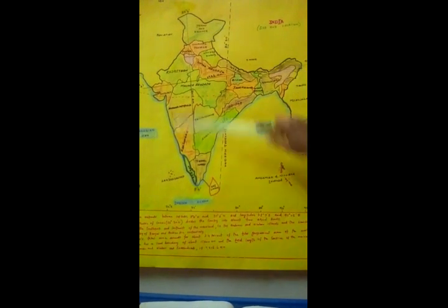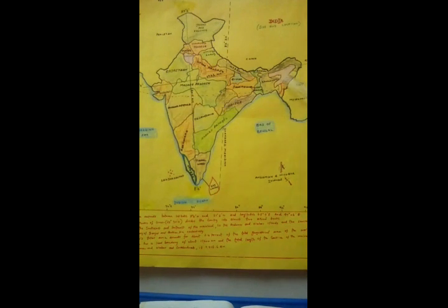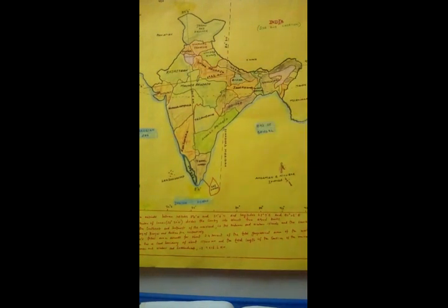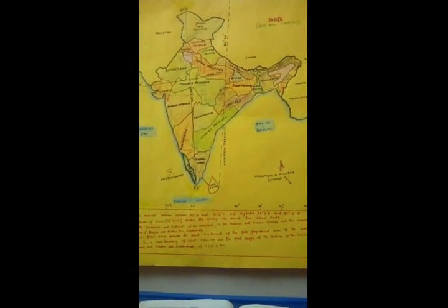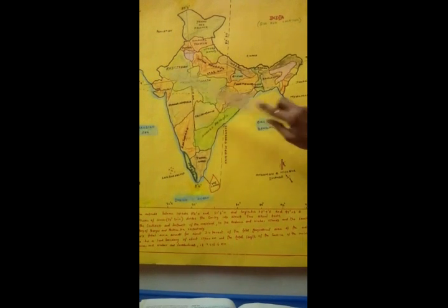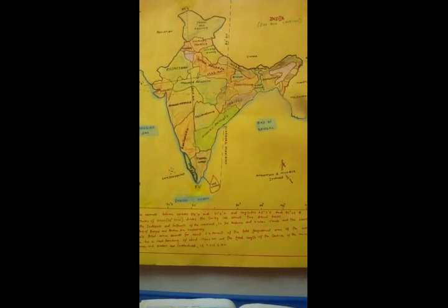So next, if you look at the India map, you can clearly see that the east-west portion appears to be smaller than the north-south extension. The reason behind this is that all the longitudes are equal, but they converge towards the poles. So as we move from the equator up to the poles, the gap between the two longitudes goes on decreasing. So that is why the east-west portion appears to be smaller than the north-south extension.